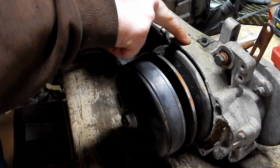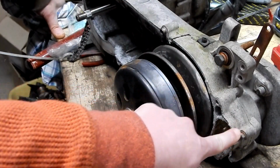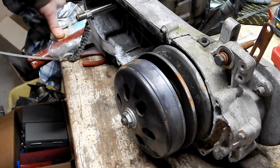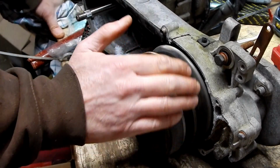It's interesting how there's a separation here. This is actually a separate piece. Yes, it goes all the way down and goes right there. So is that all part of that bearing carrier? Yeah. It's a whole gearbox in there. Well, I know there's a whole gearbox in there, but I mean as far as the...